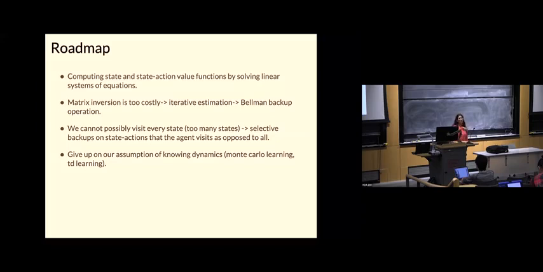Now, in the case where we got rid of the assumption of knowing the dynamics and rewards, the Q, state action value function, becomes very, very important because it is essential if you want to learn control, if you want to essentially improve your policy and iterate between evaluation and policy improvement to find an optimal policy for your MDP. So that's why we pushed aside a little bit the V pi's and we focused on estimating Q pi's